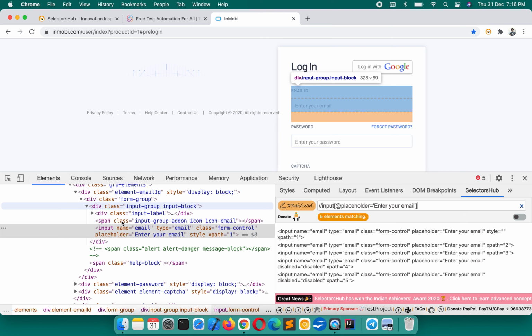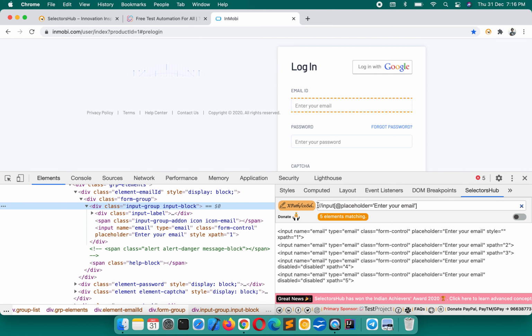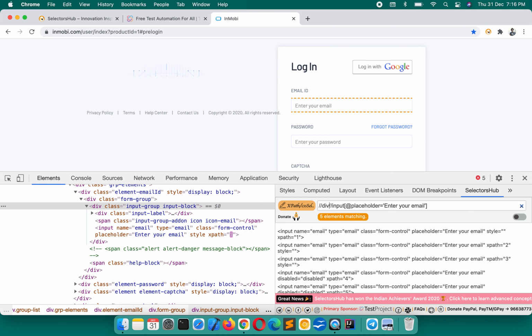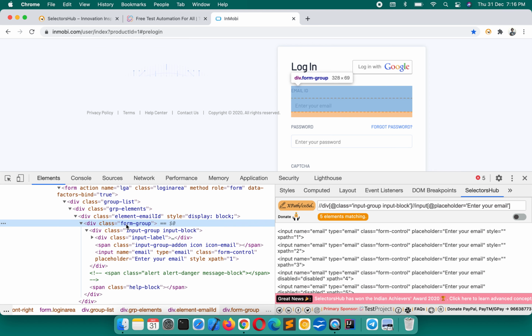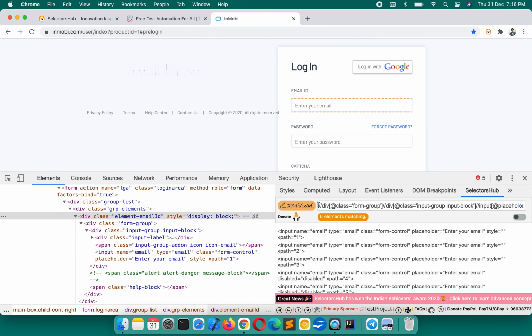The parent of this element is this div. Put your cursor on it, and it still shows 5. Now we have to traverse back one more element. It's still 5. Then one more, like this.